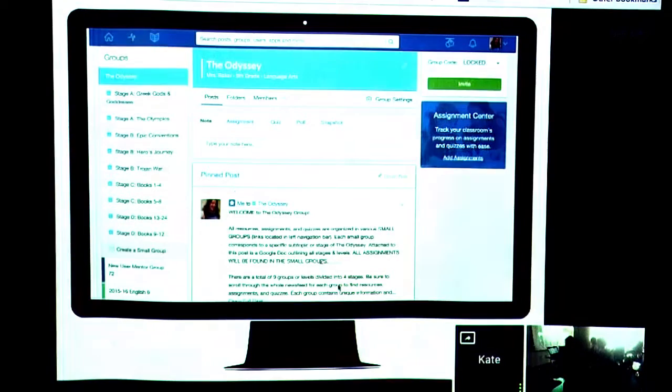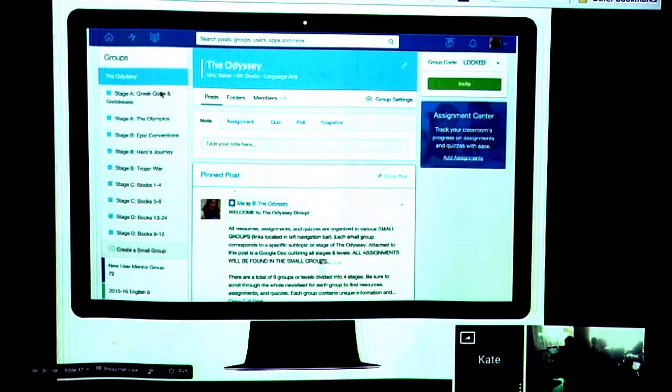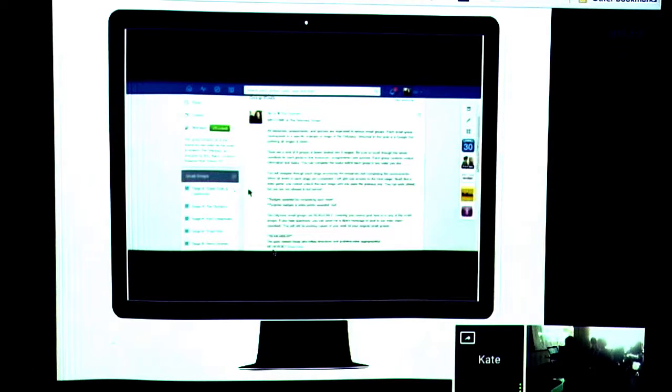And this is the Odyssey that I gamified. You can see I organized it into small groups by topics, and then students went to each group and they completed the task. I got a video here that walks you through it, but we don't need to worry